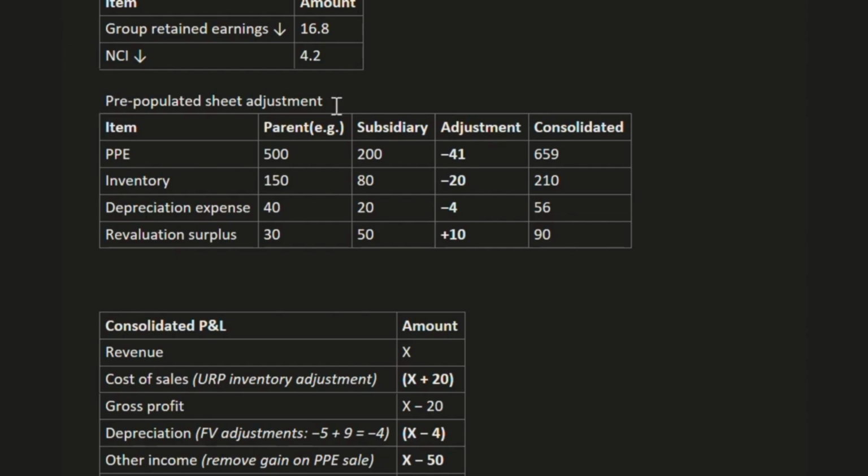And now the pre-populated sheet adjustment. Under PPE we have everything: property, plant and equipment. In this I made it simple, so I also included land. But in the exam, you may have land separately, land and building, and PPE. They might give you that type, or they can also compress both together. So it's not included in the depreciable item, that's why. But here I have added all of those. So under PPE we have a 41 adjustment. How did the 41 adjustment come about? Land uplift,